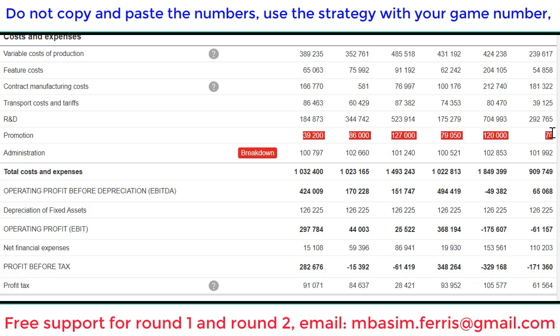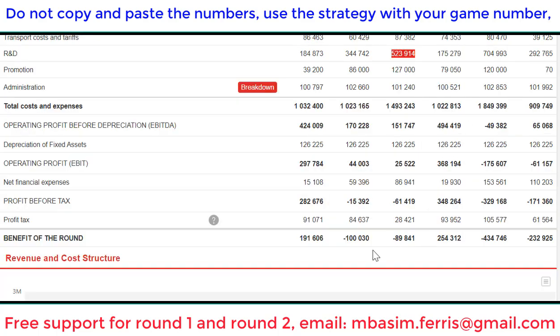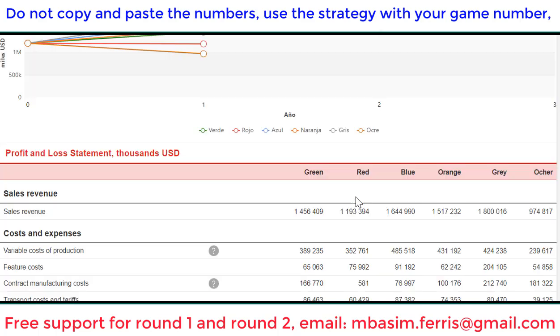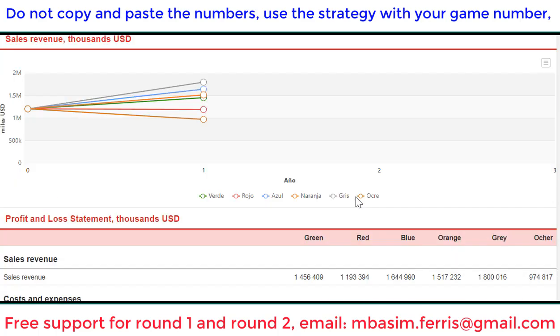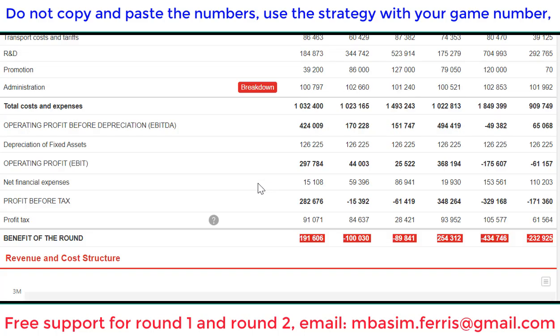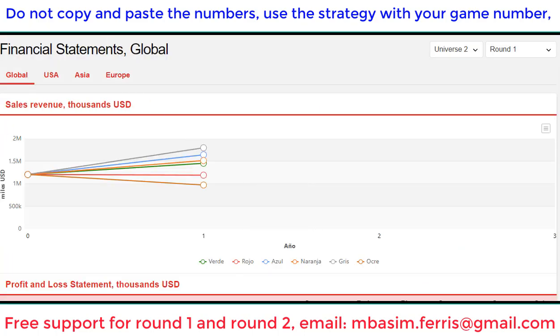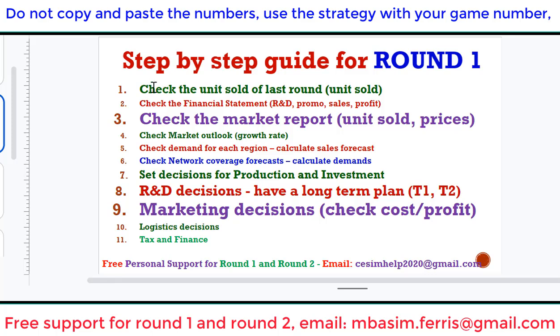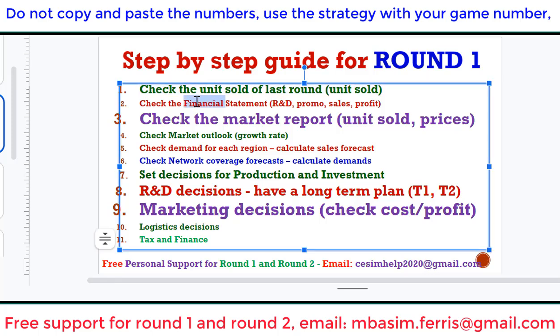You can focus on investment strongly in the early rounds or delay that like the others, right? Or check the profit here, right? So this is a long-term strategy game with around 6 to 10 rounds. So you can invest early and get the better results later, right? So you see the first is to check the unit result from last round and check the financial statement, R&D,